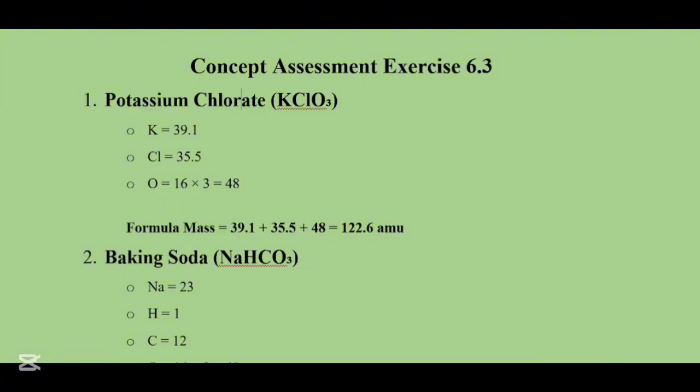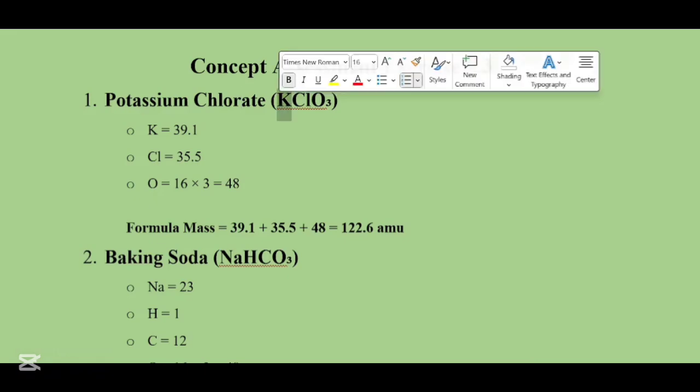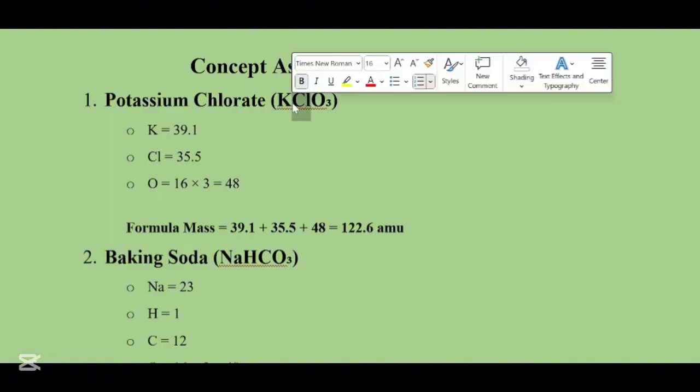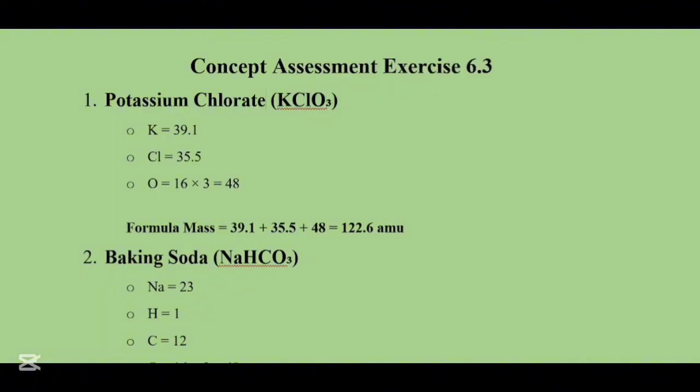Now what you need to do is get your periodic table of elements and check the atomic mass unit of potassium, of chlorine, and of oxygen. Now once you have got the numbers like I have here, in oxygen the number of atoms is 3, which means that if its atomic mass is 16, 16 will be multiplied by 3, which will result in 48.